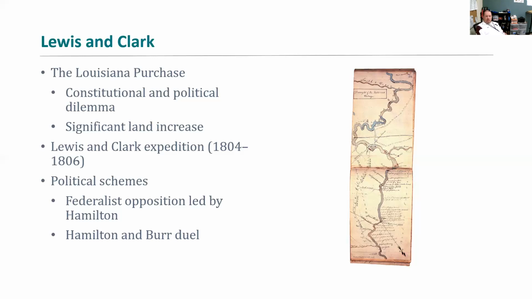The election of 1800, we'll get with that with the political schemes here. So I told you that it went to the House of Representatives, and it went to the House because of the way that we conducted elections at the time. So Burr and Jefferson basically both received the same number of votes. The Federalists are obviously opposed to both. Hamilton is fairly influential amongst the Federalists, and he throws his lot to Jefferson, which ultimately leads to Jefferson becoming president over Aaron Burr.